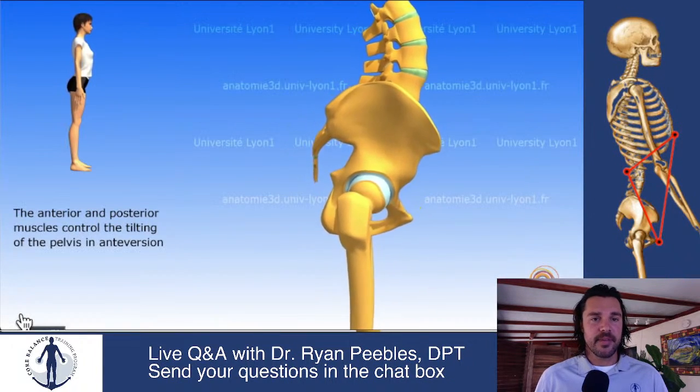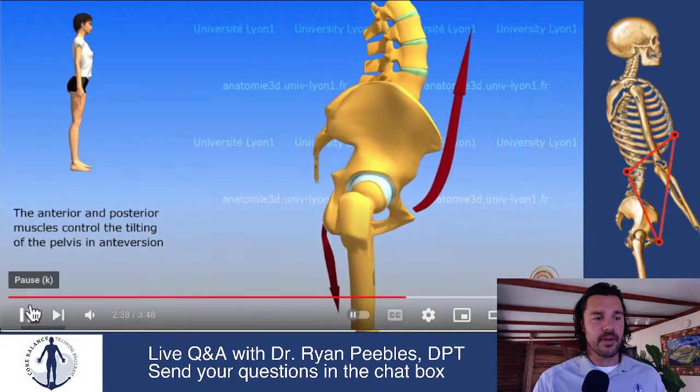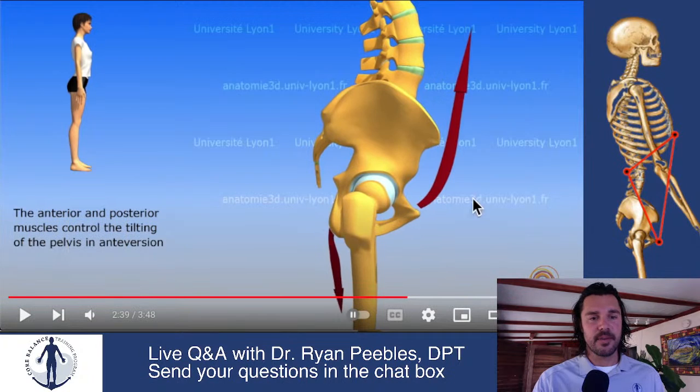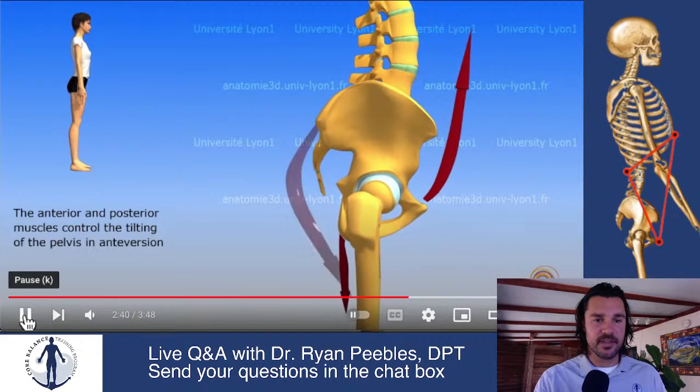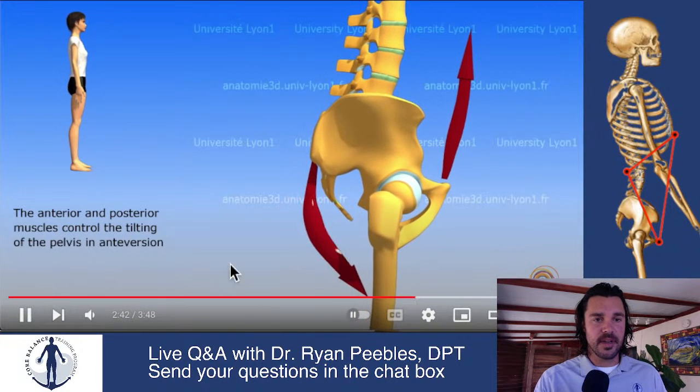So this is going to talk a little bit about how the tilts happen. So these are representative of the muscles. This would be the abdominal muscles, particularly the six-pack abs, otherwise known as rectus abdominis, and this represents most likely the hamstrings. So these are the most obvious muscles that could pull, and this would be the glutes here. So the glutes and the abdominals work together to create this posterior tilt. And so these are two of the muscles that